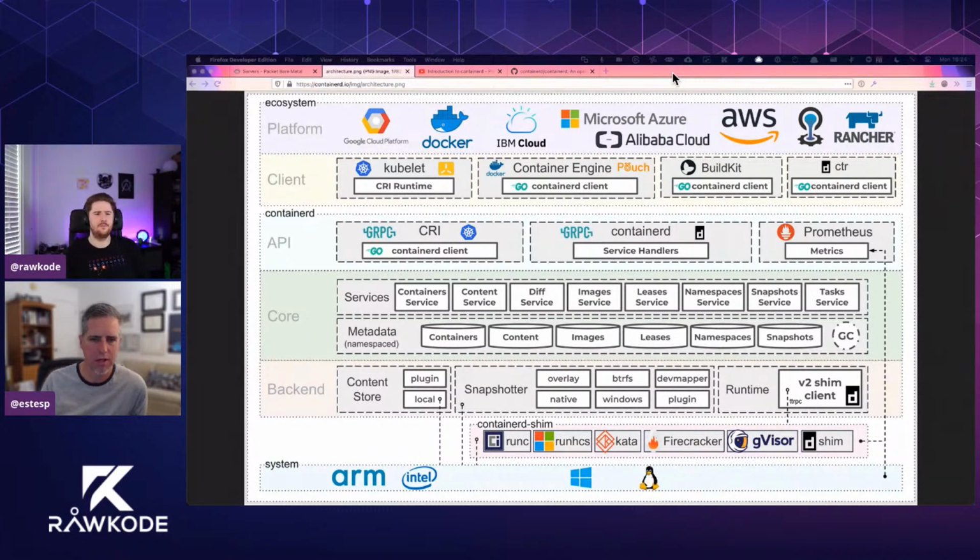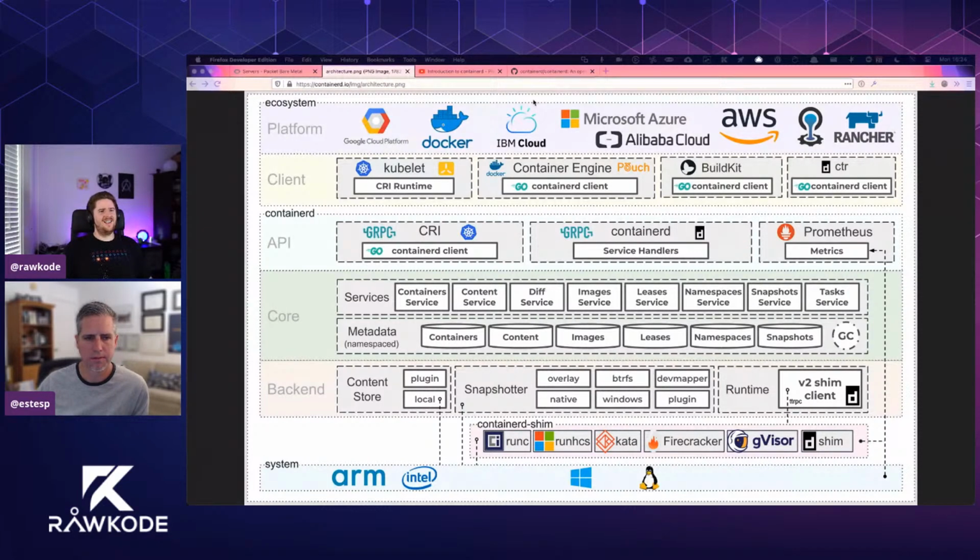One thing we haven't said officially here is that there is no CTR build. So you're going to need either BuildKit, or Docker, or some in-cloud CI/CD build service to actually take Dockerfiles or whatever your input is to build containers. Containerd has no container assembly code, build code in it.